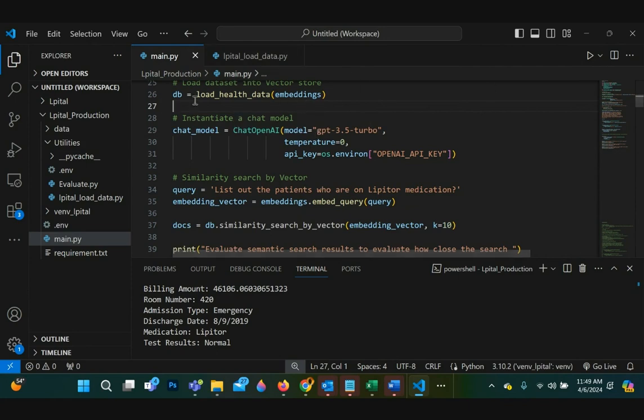For example, behind this thing, when you look at how the word load or load health data is represented on disk, it is zeros and ones. So basically, this model is able to take words and convert them into machine numbers and then stores that data as vectors in the database.